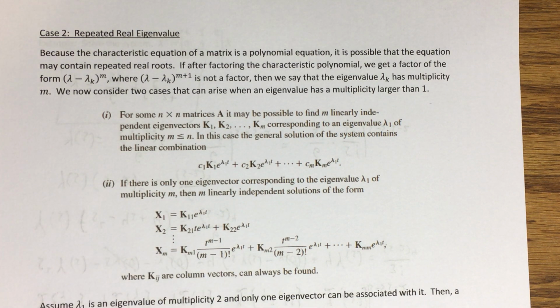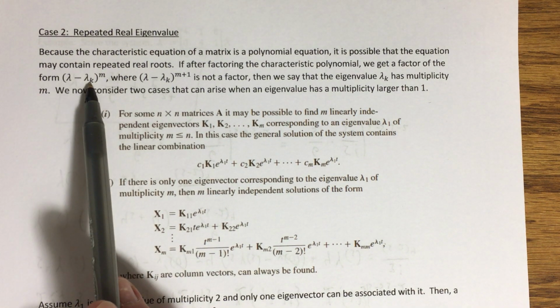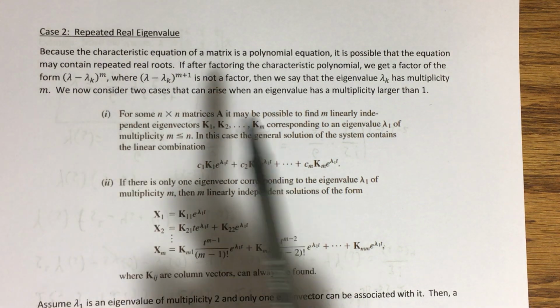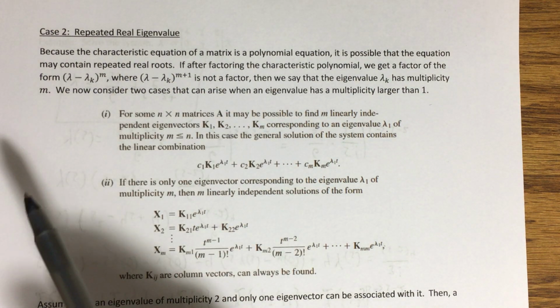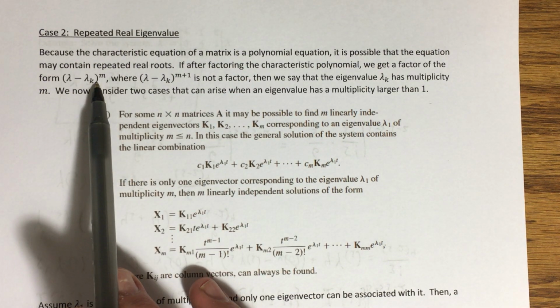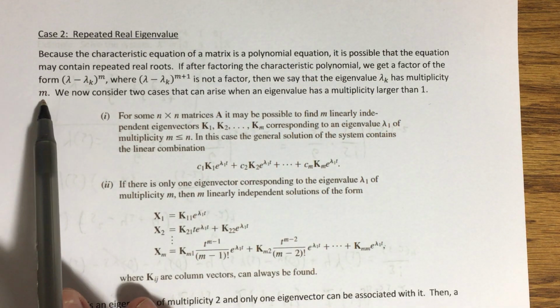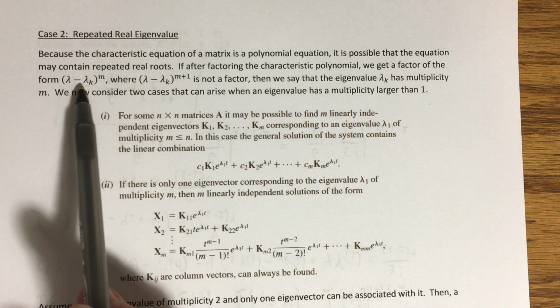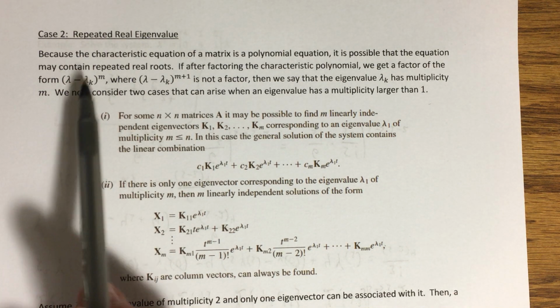that we call the characteristic equation. It's possible that we get repeated real roots, and from algebra we know that that's occurring when you factor that polynomial and you get factors like this, some linear expression to a power. And in particular, the terminology we're going to use is we're going to say that an eigenvalue, lambda k, for example, has multiplicity m if when your characteristic equation is when its polynomial side has been factored, you see a